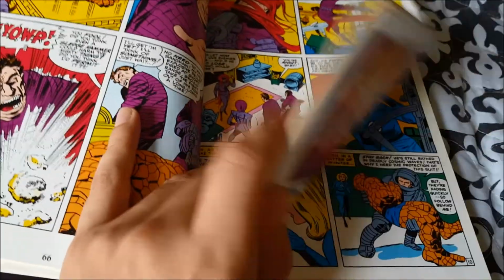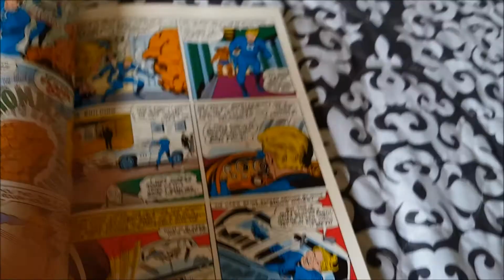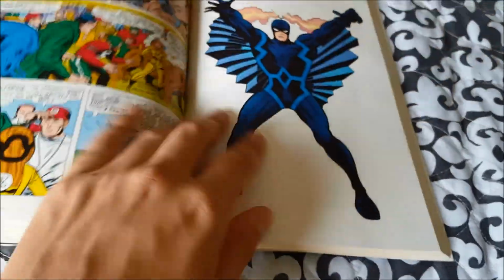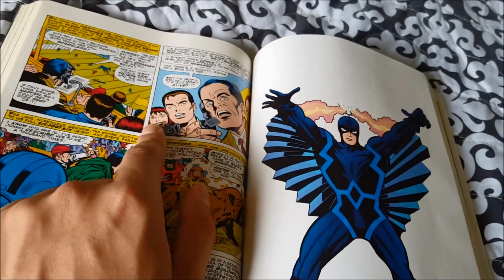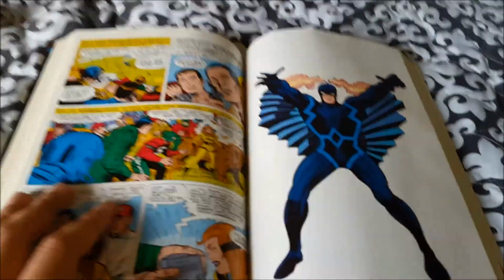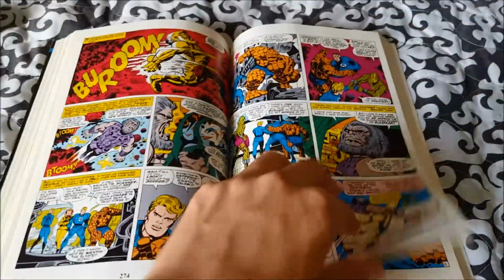And where's the other? On page... On this page here, we get an appearance of Peter Parker and Mary Jane. And that's it. I wish there was more. I have two other things to say about this book. I want to go to my favorite panel,